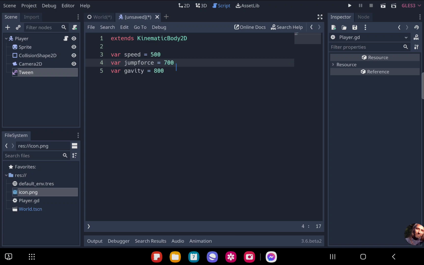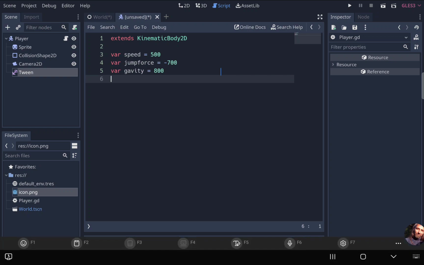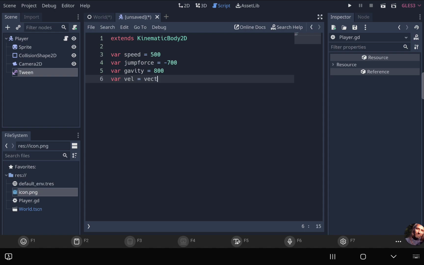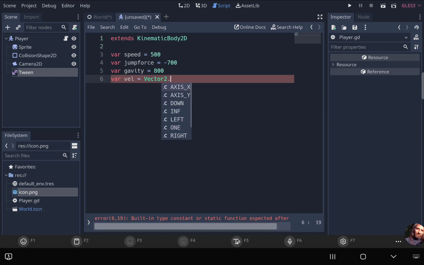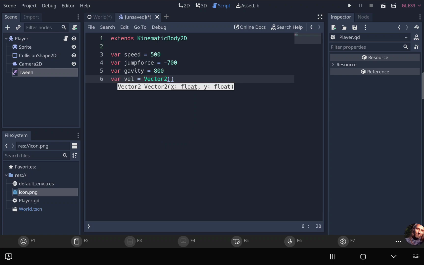Actually, let's make the jump force a negative value. Alright, that works. Let's go ahead and do another variable. We'll call it velocity, just vel for short. And we'll set it to a Vector2, we'll just make it blank parentheses. I like that. Let's do up direction. We'll set that to Vector2.UP,